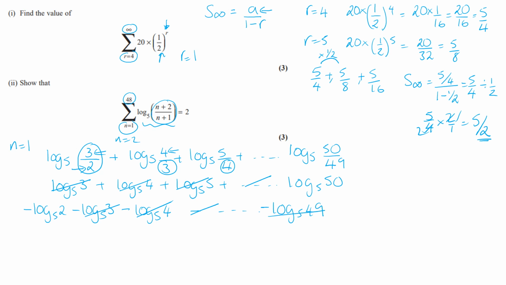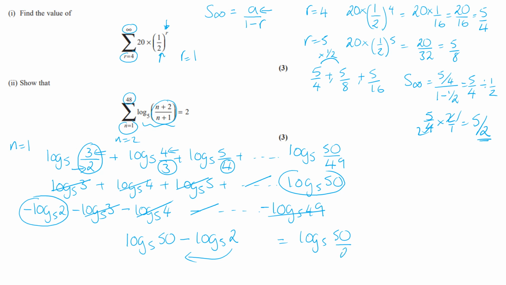So the only ones that haven't got a match up is this one here on the top and this one here that's a minus 1 from being in the denominator. So that's log to base 5 of 50 take away log to base 5 of 2. And now you can use your log laws and put that 2 back underneath. It's log to base 5 of 50 over 2, which is log to base 5 of 25, which is 2,